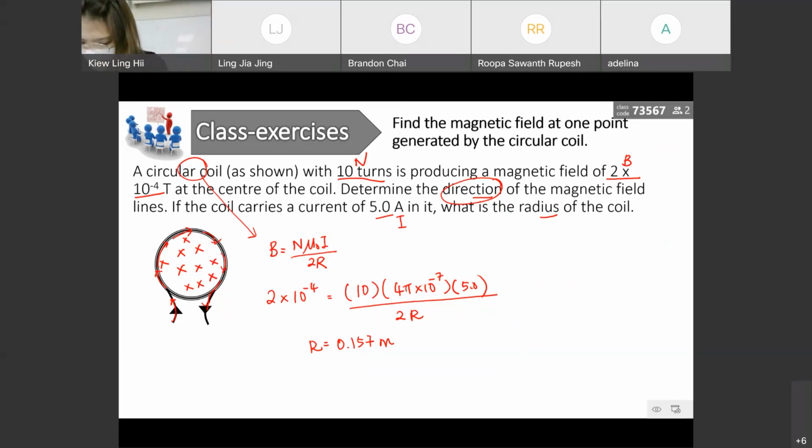So in this case, you can use thumb as the magnetic field, but remember this one is showing the magnetic field at the center of the coil, whereby your finger shows the direction of current. Okay, next,